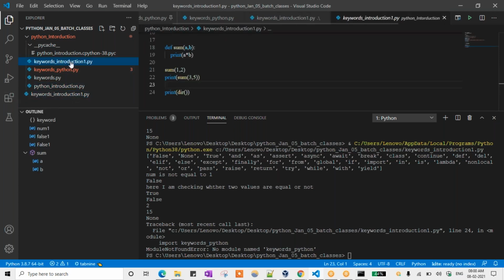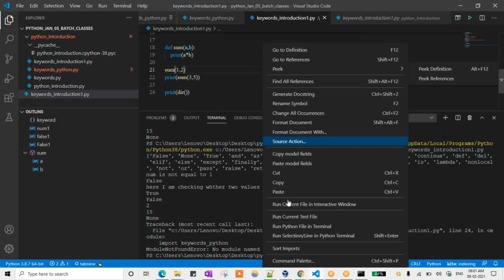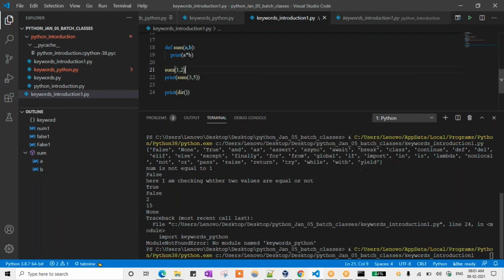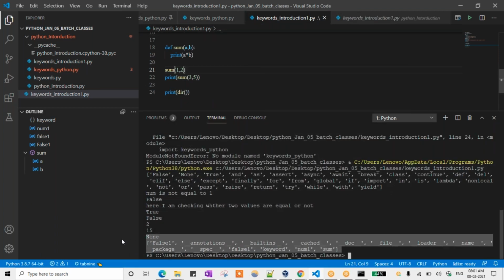I need this one now. So now you are seeing there is no issue on that one. Why? Because in the directory itself, all the files are there, so that I can access those keywords. So import, space, this file name, I have access to keywords_python. This file is there, right? So I need to access those elements and check what values are present in that one. Okay. Now you can see these are all the elements present in that particular file.